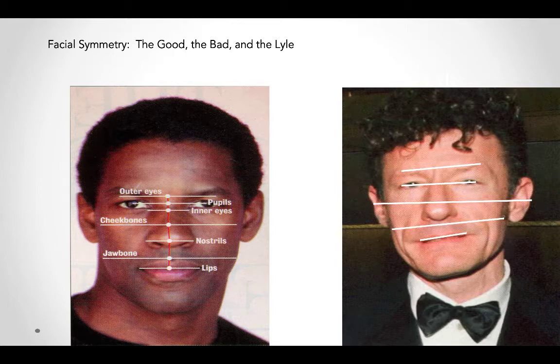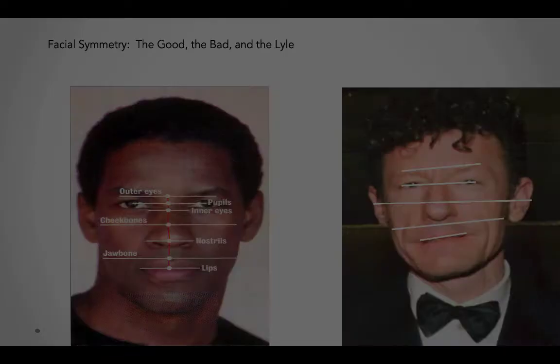Let's look at these two gentlemen here. One is Denzel Washington and the other one is Lyle, something, I don't know the name. What do we consider to be a handsome or pretty face, right? We're looking for symmetry. Beauty is in the eye of the beholder, but first things first, we've got to be symmetric. So if you look at Denzel's face, it's very symmetric. The other guy, not so much, right? So we are influenced by this appearance of beauty. We want things to be symmetric. If you look at someone, we expect that the face is symmetric, otherwise we will immediately observe any discrepancies.